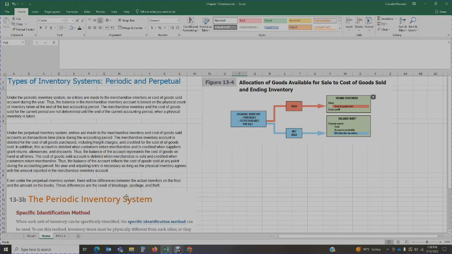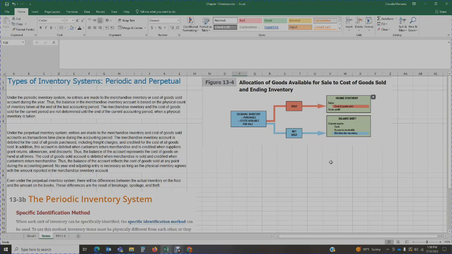At that point, we conduct a physical inventory and we true up our numbers. Okay, now when we are figuring out the cost of goods sold and the merchandise inventory, which is what we're going to be working on in this problem, we have to figure out, okay, we've got inventory, we have our beginning inventory, we